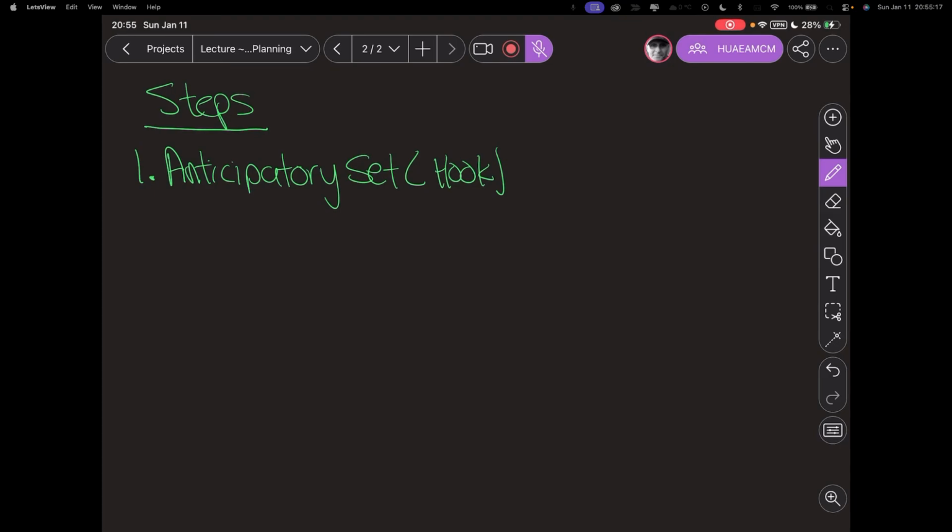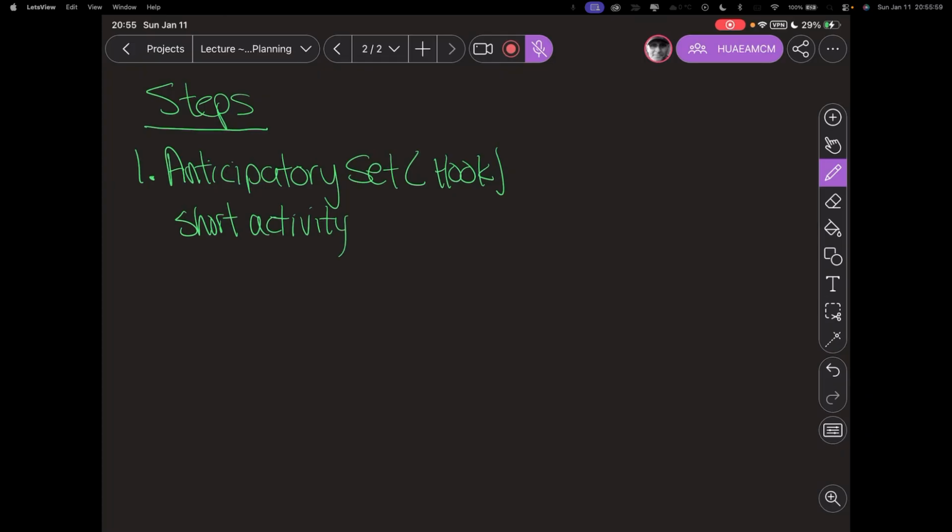Well, there could be a number of things that occur in an anticipatory set, but generally speaking, it's some type of a short activity. And really the length of any of these steps is dependent on how much time you have to teach the lesson. So if you're thinking kindergarten, you probably have 10 to 15 minutes to teach a lesson before the kids start losing it. And of course, with adults, you might have quite a bit longer, or with high school students, you might have 90 minutes. So the length of time depends on how much time you can spend on any one of these steps.